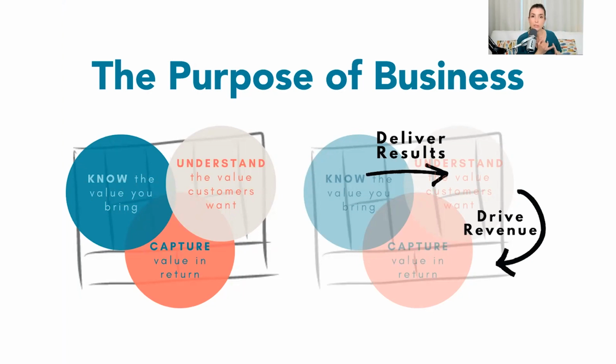Instead, the Jasper Blueprint is going to help you start to think about the purpose of business being around the creation and delivery of value, and then seeing that it is through doing that well that you're able to capture value in return. And that is the first way that the Jasper Blueprint is going to help you. It's going to shift your mindset around the purpose of business. From that place, once you've shifted that, you're going to be able to move into that category I called me.